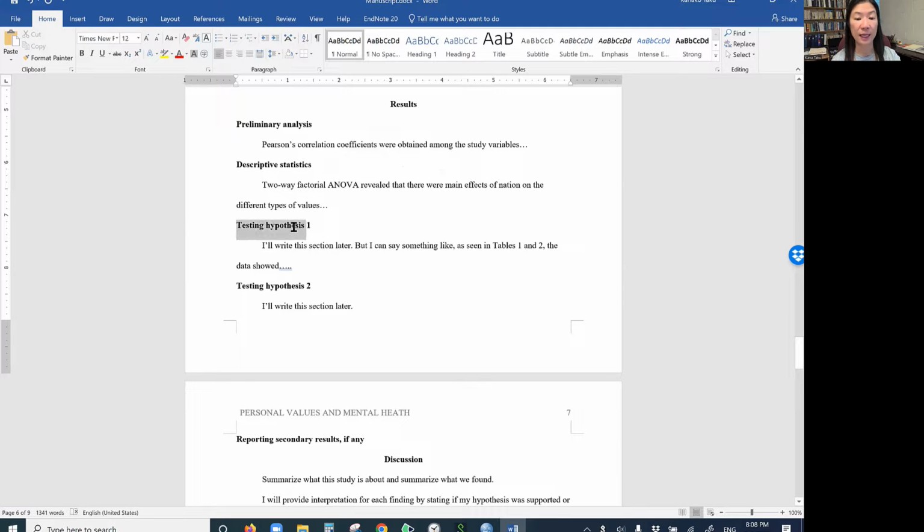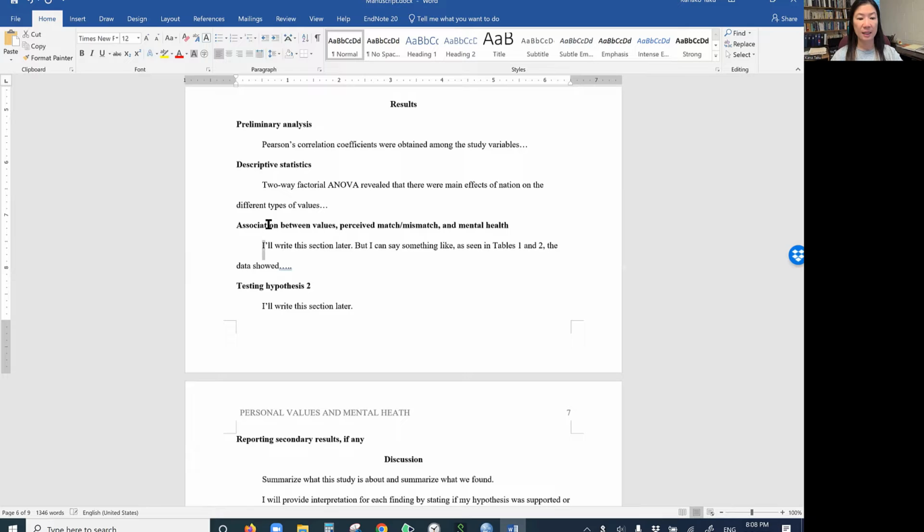And then what I also want to do is put the roles of associations between values, perceived match, mismatch. Associations between values, mismatch, and mental health.